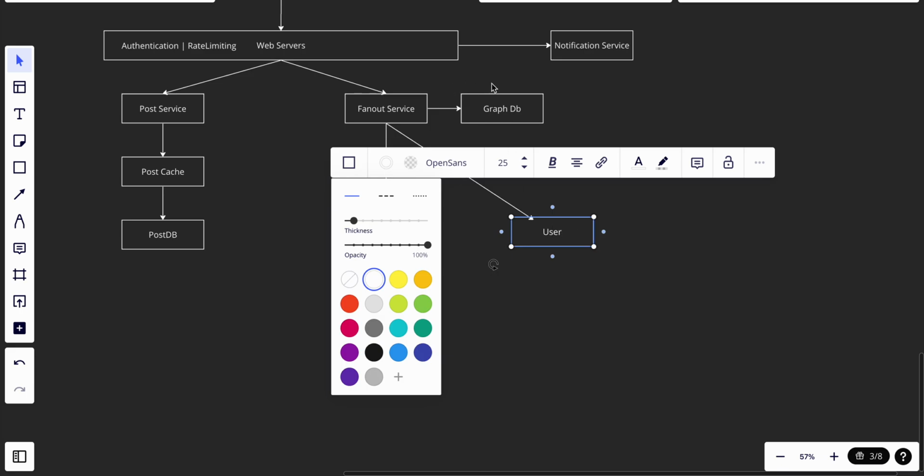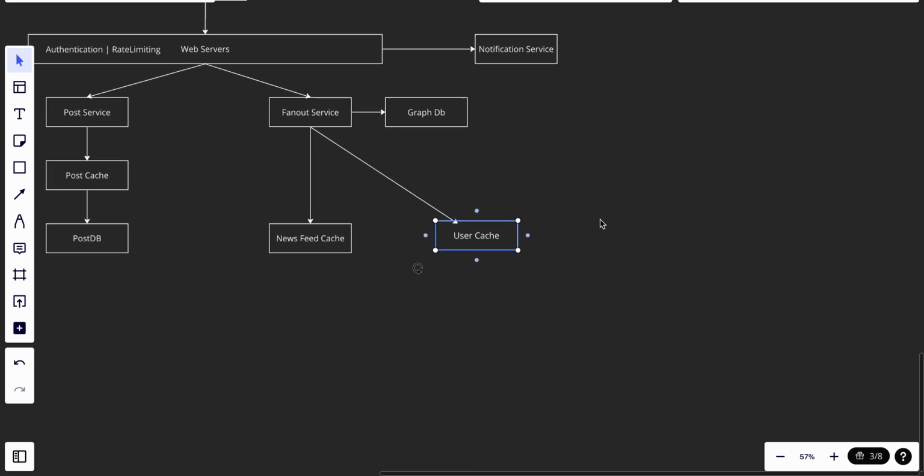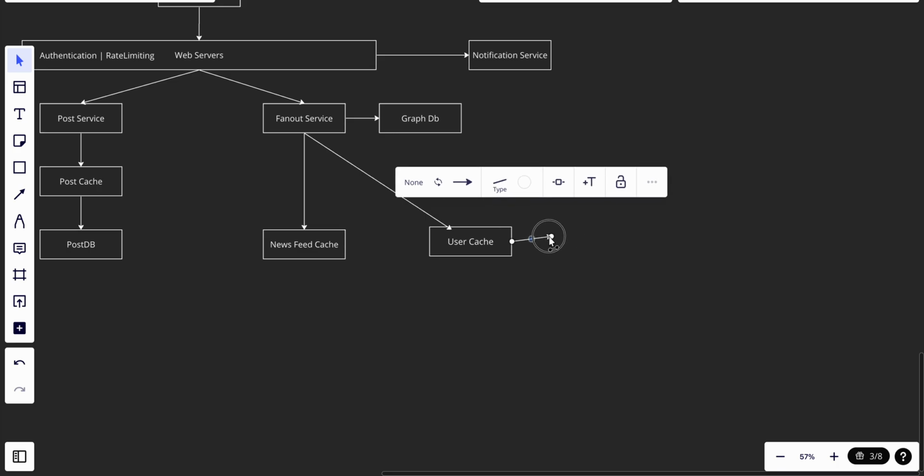For this GraphDB, if you are getting the user posts, we are storing the user ID and the post ID, and in the user cache maybe we are storing the users that the user muted, the ones the user said are not important, things like that. So we have a user cache,